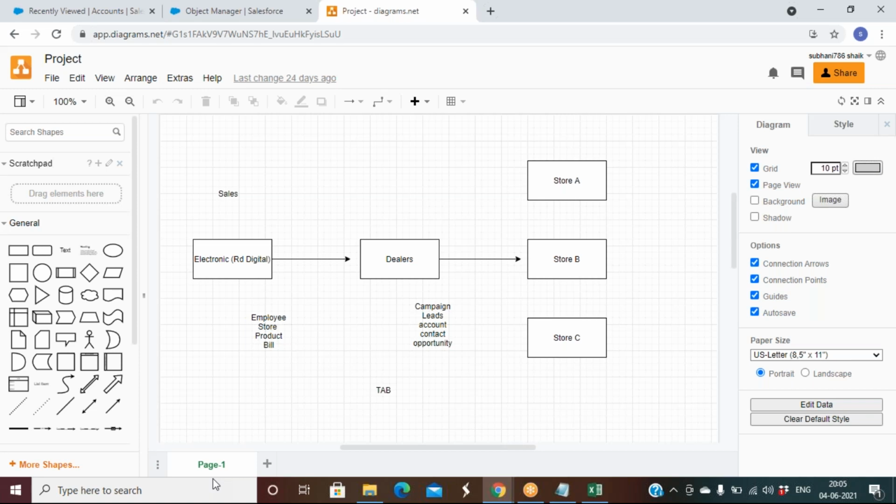You will have two types: one is standard, another one is custom. Standard means what is available by default, custom means what you create. So that's why I said in the initial Salesforce introduction that Salesforce is ready-made software.